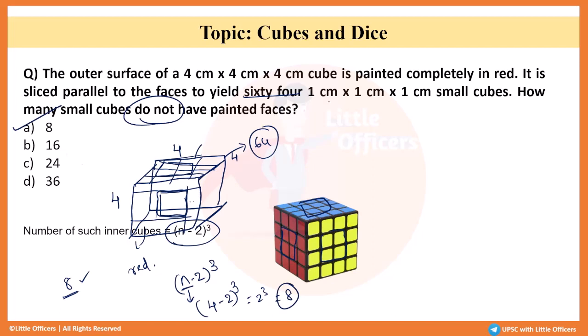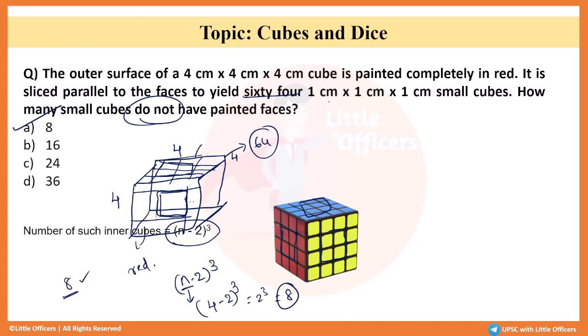ठीक है, अगर आप ये फॉर्मूला याद किया, दैट इज ऑल्सो वेल एंड गुड। सी फॉर्मूला इज फॉर दोज क्यूब्स विच आर नॉट एट ऑल पेंटेड ऑन एनी फेस। कहीं और सिंगल फेस पे काम नहीं आएगा, डबल फेस पे काम नहीं आएगा, कहीं नहीं आएगा। बेस्ट टू रिमेंबर द कॉन्सेप्ट। अगर नहीं है, इफ यू कैन रिमेंबर द फॉर्मूला फॉर नॉट पेंटेड, देन you can use this formula and get to the right answer।